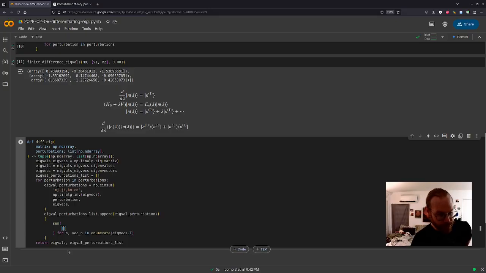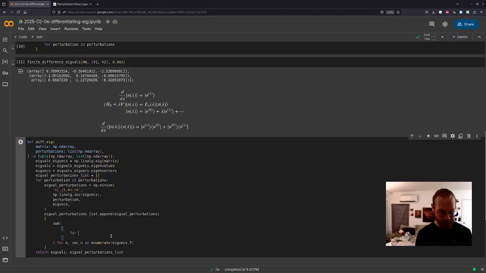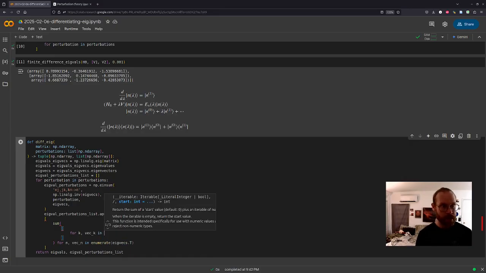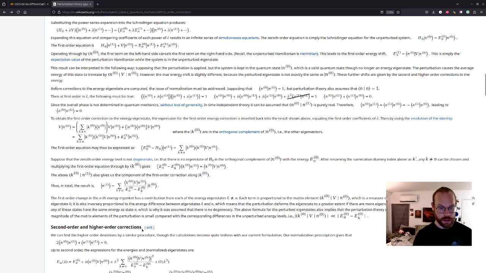Okay, that sounds good. Then this thing that we're summing over, this is going to be for k, vec k in, we need both k and its inverse.